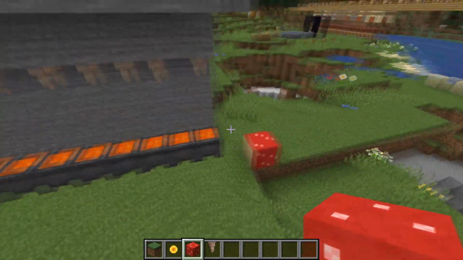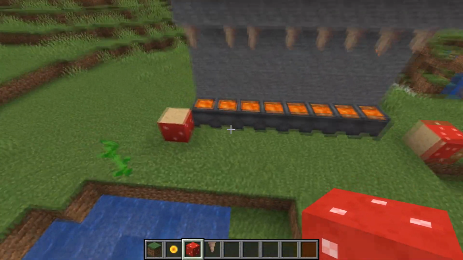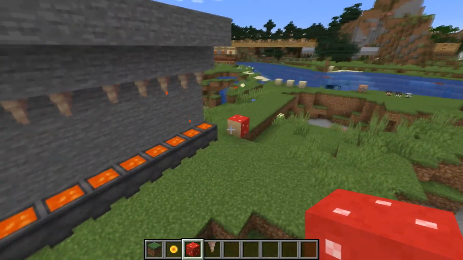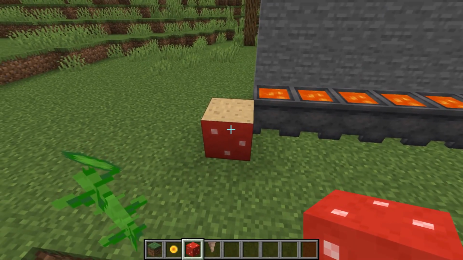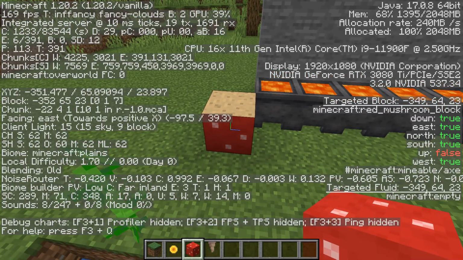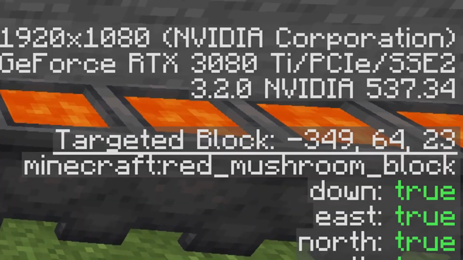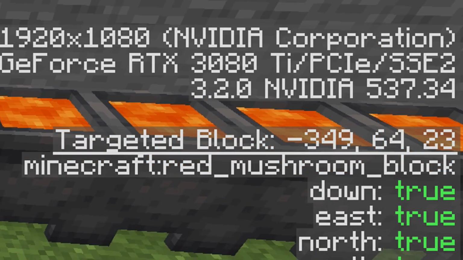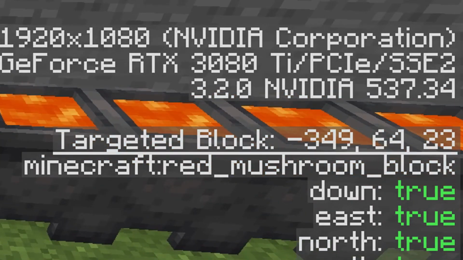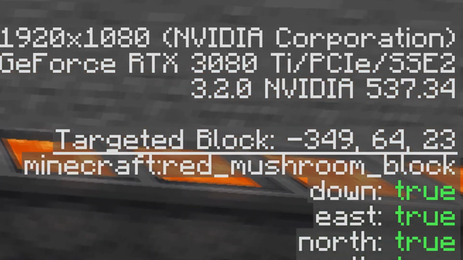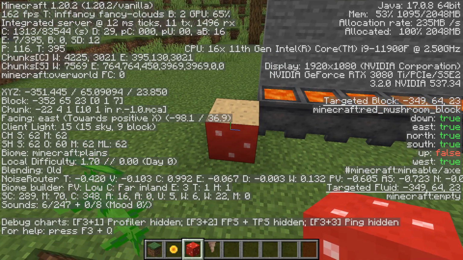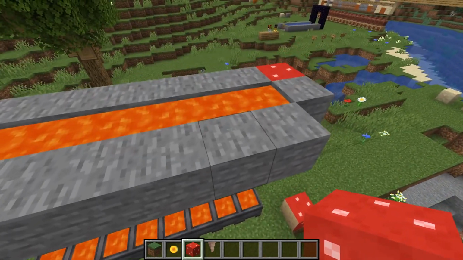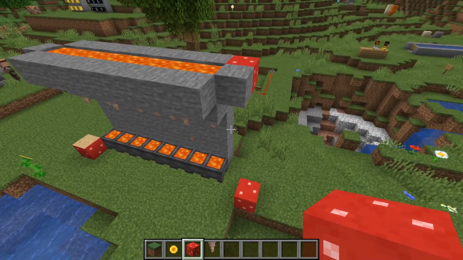So using this, what we now need to do is get the coordinates of these 3 blocks. Now, the way that you do this in Minecraft is use the F3, the debug menu, and on the right in the center, there is a targeted block statement, which is underlined. This gives you 3 numbers, and that is the block coordinates of the block you're currently looking at. So you need to do this for all 3 blocks that you've placed so that you can do the clone